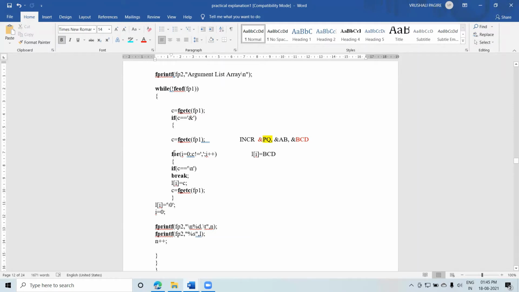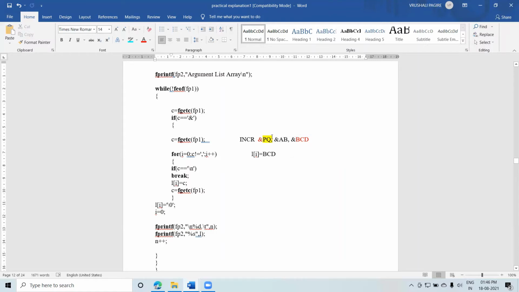Okay? So just understand this loop. Why this loop I have added here. Okay? So this is one small for loop. Now you know that the parameter is with you. So i equal to 0, i is not equal to comma. You can see why this comma is there. Because you can see first parameter is PQ and then comma is there. Second parameter is AB, then comma is there. Right? So this comma we will use to identify the end of our string. It indicates that now your string is ended.